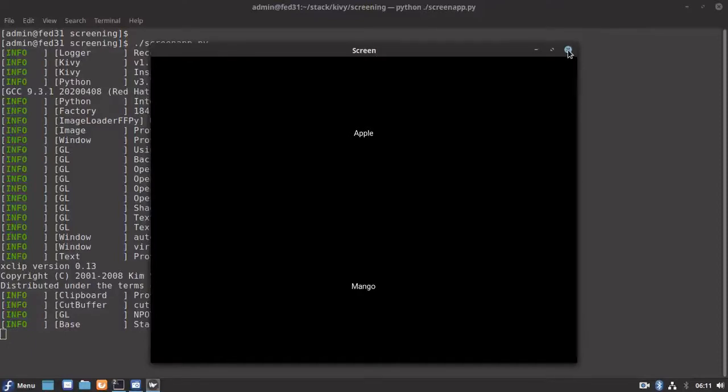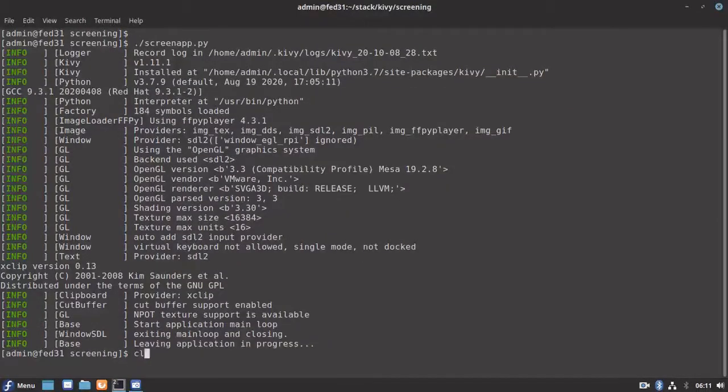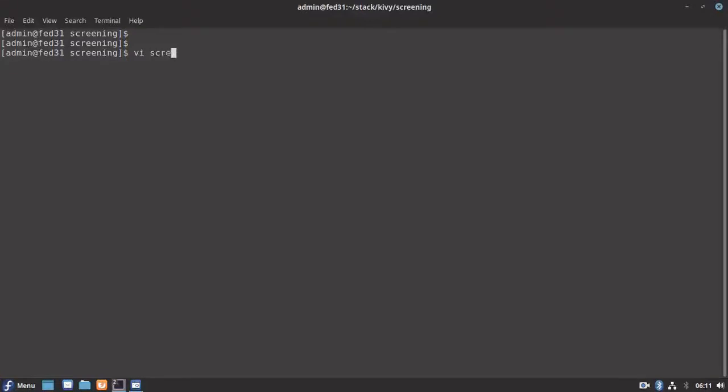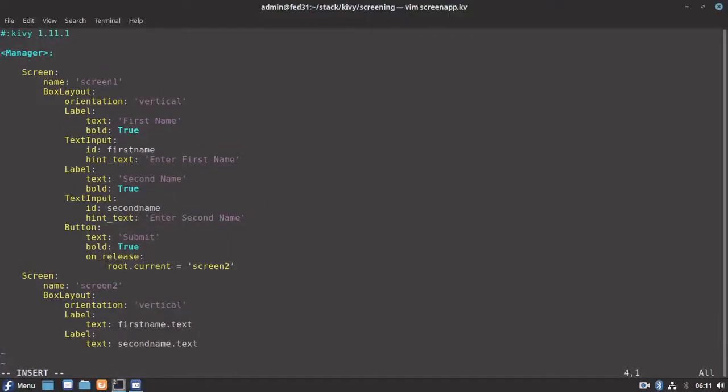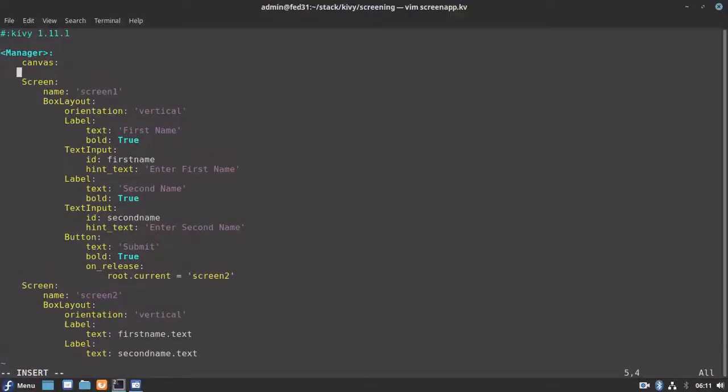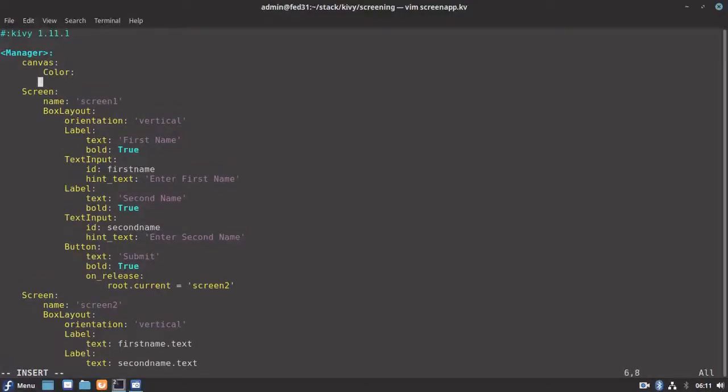Okay, so let's try to extend or enhance this one. Let me place some background image into our screen manager. For that we will use the canvas. Let's color this one.